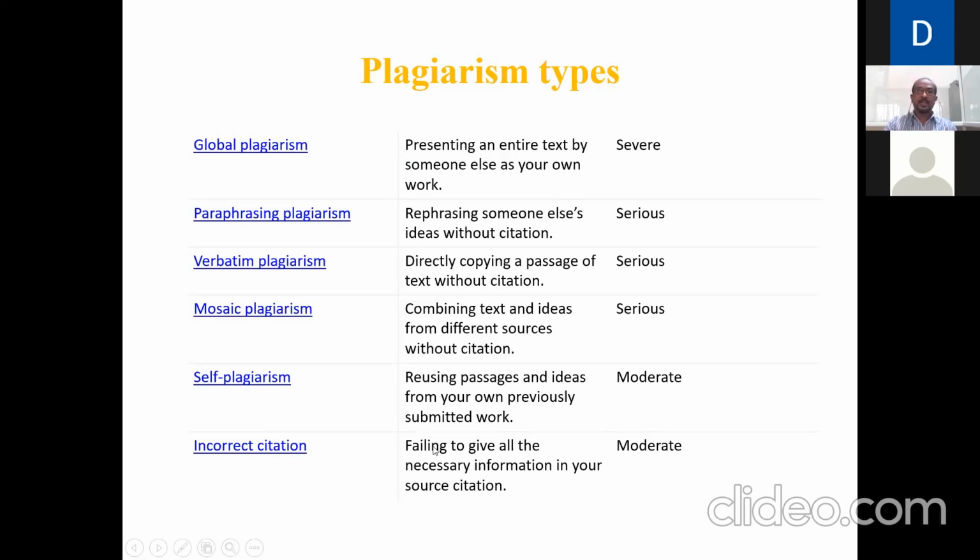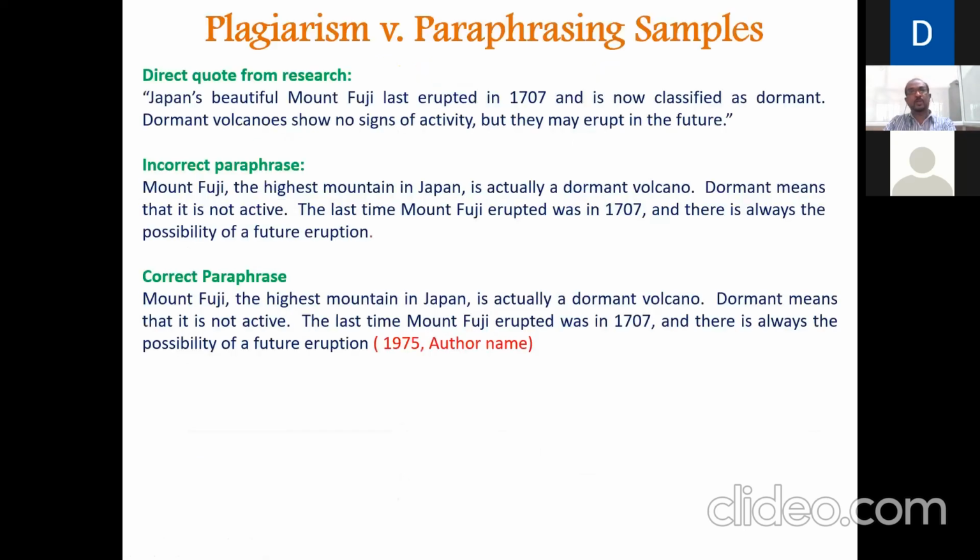Then incorrect citation. As I already told you in referencing, you give the author name and you have to cite. If you are taking an idea from them, you cite it. For example, for Ohm's law, if it is square bracket 2, you have to refer to that particular Ohm's law statement in reference number 2. Like that you have to cite. If your citation is incorrect, it will also become plagiarism, but it is also not taken as a very severe one.